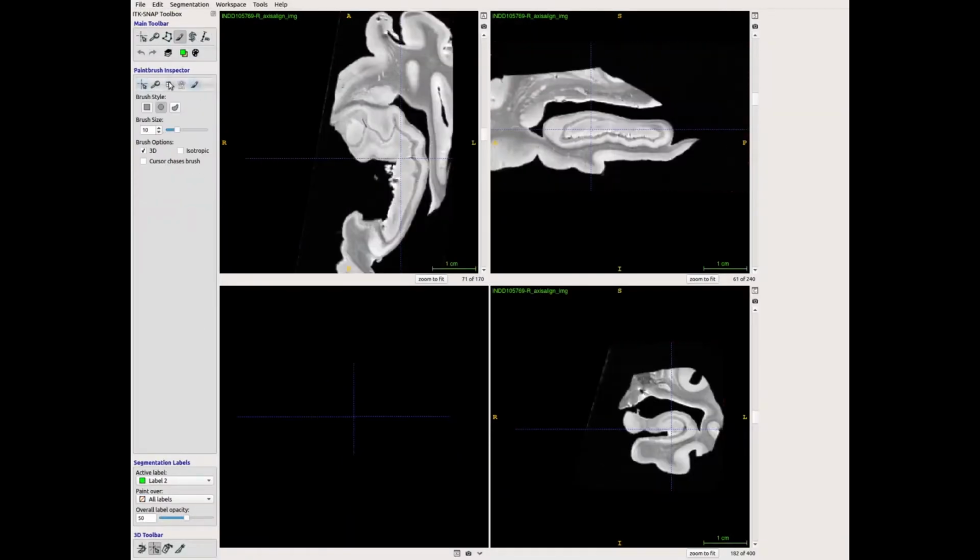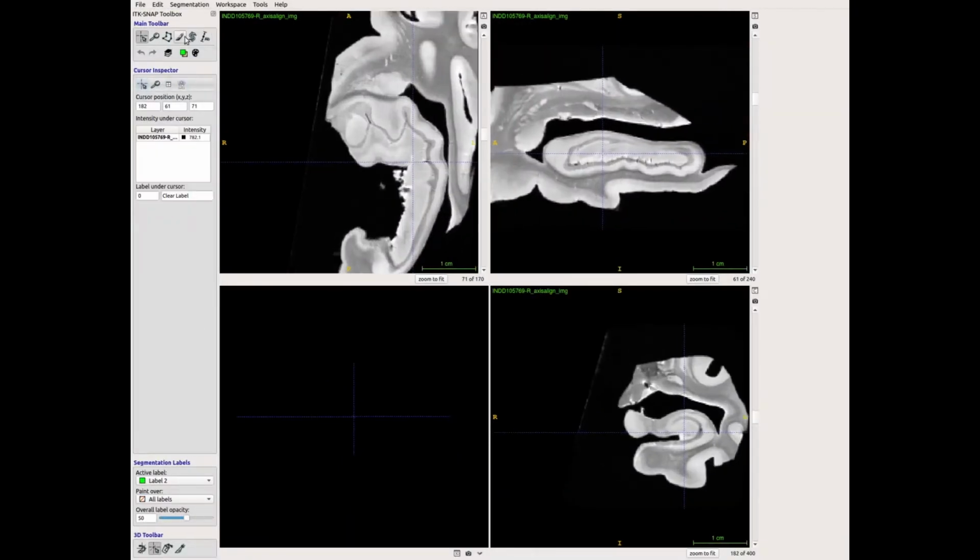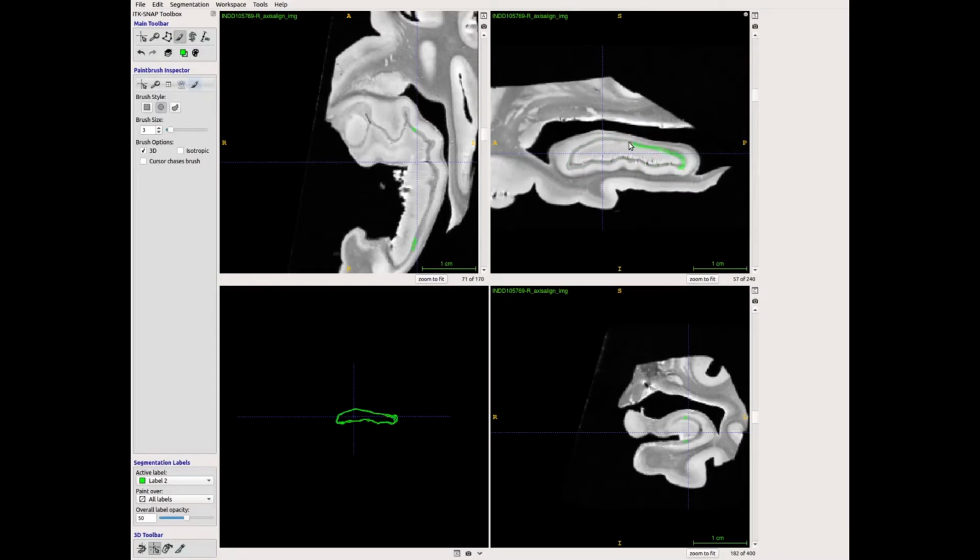Hello everybody, my name is Jordan DeCrager and today I'm going to be showing you how to segment a hippocampus. Specifically, I'm using this protocol from DeCrager et al. 2018, I think it is. I'll post a link to that paper below, and specifically the protocol, the manual segmentation protocol, is in the supplementary